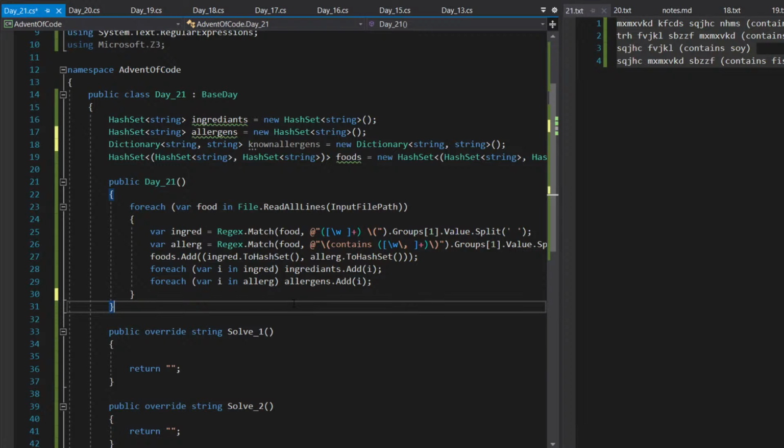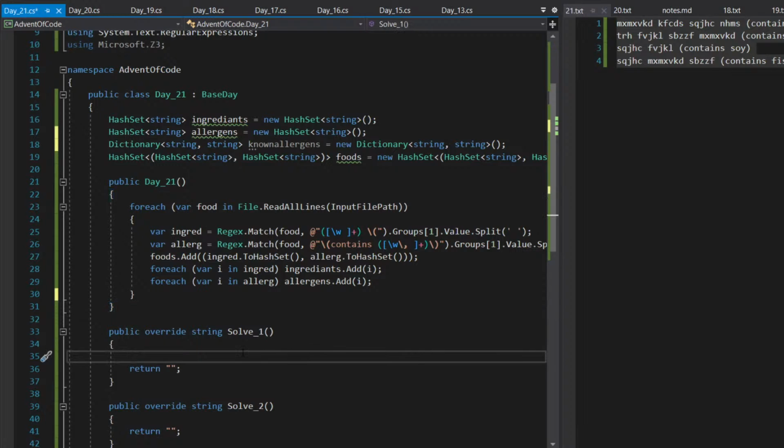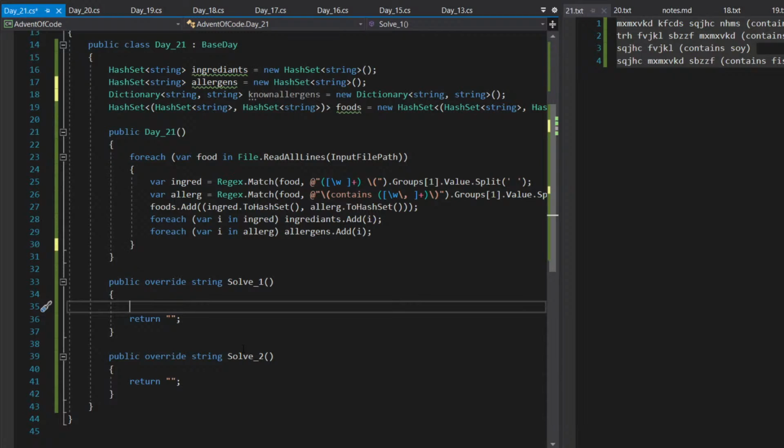Z3 would probably be a good solution for this, but I don't like how much time I spend figuring out Z3. So let's see, I want to go through,